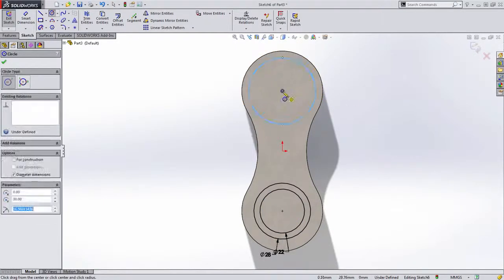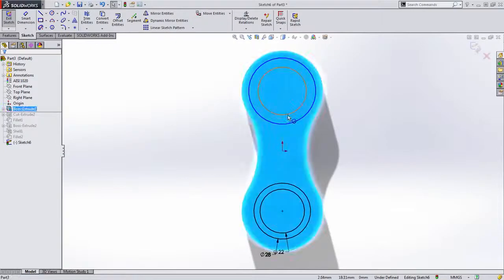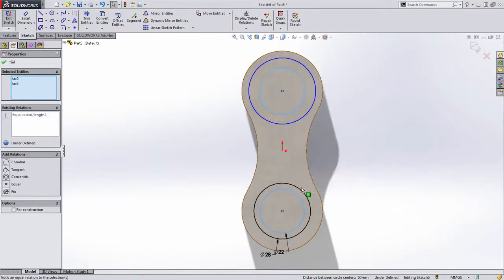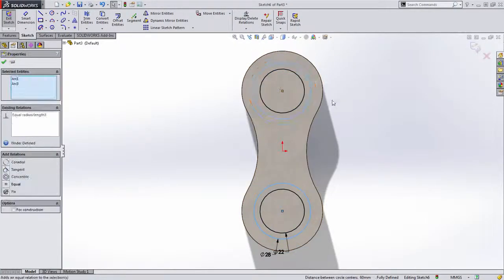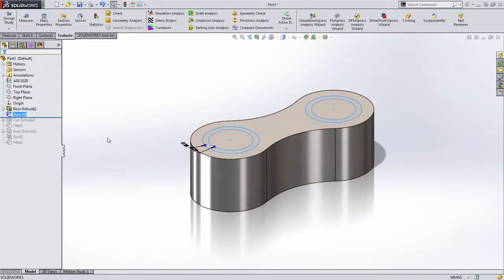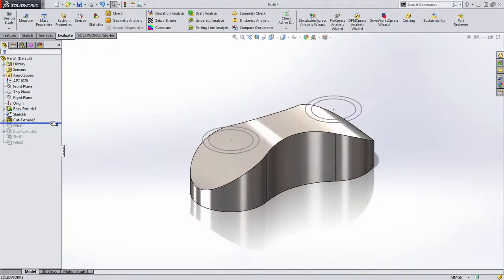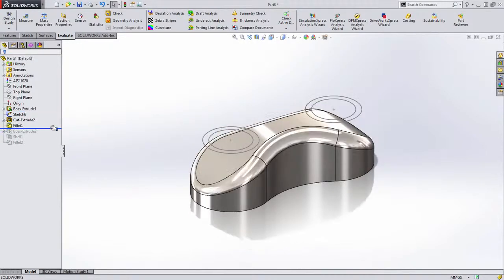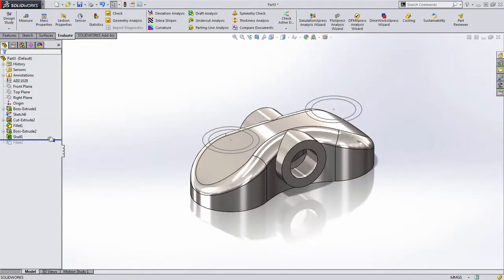Remember, mirror might be another way you want to accomplish this. I'm going to go ahead and just do this by drawing the geometry and then adding the actual relationships between the two. So I've created my sketch, but notice I'm not going to do anything with it right now. I'm going to continue to allow the part to rebuild as normal, and right now is a pretty good spot to do this. I could do this after the fillet even, but I'm going to save that for later,